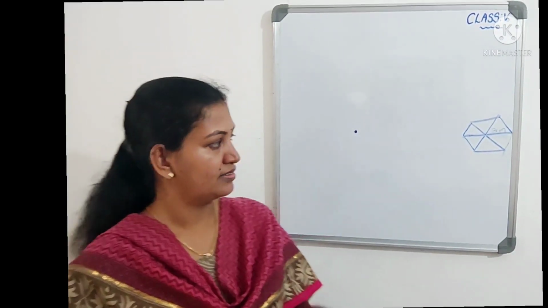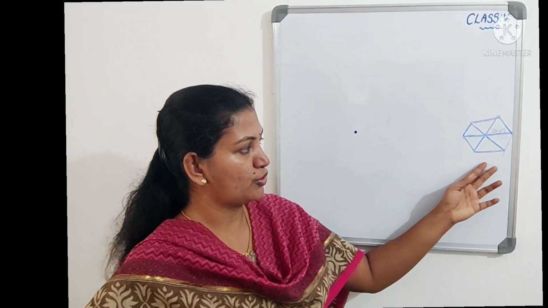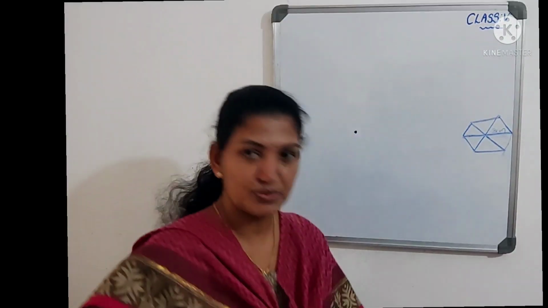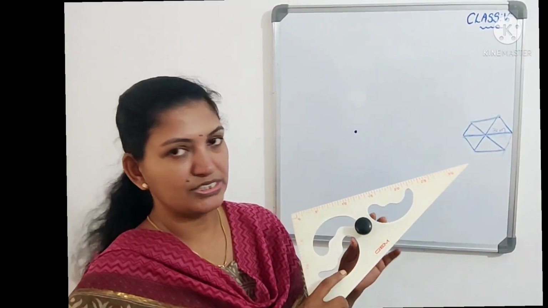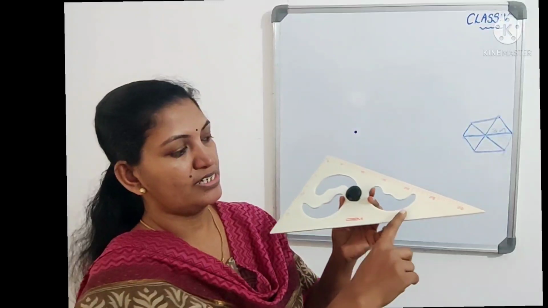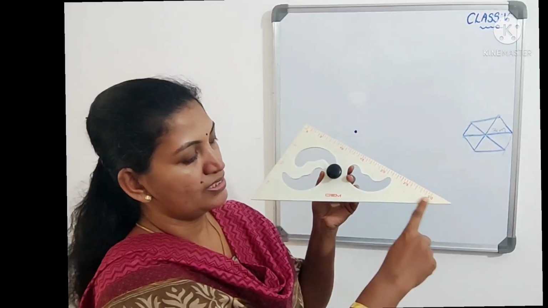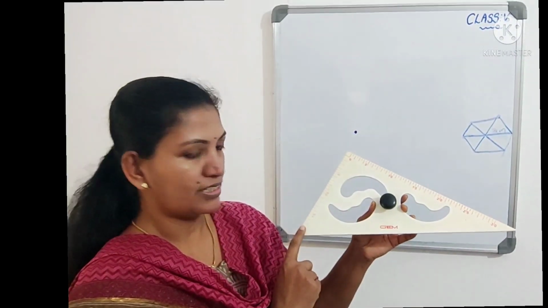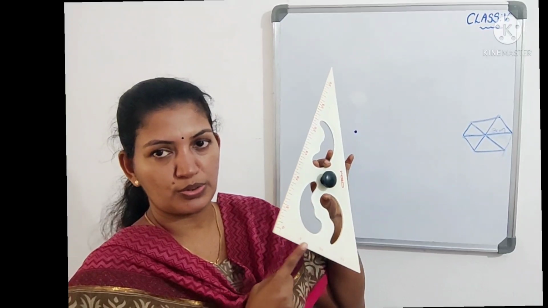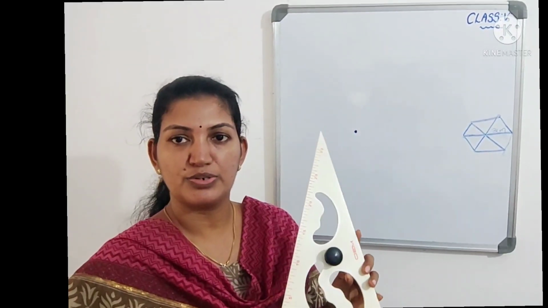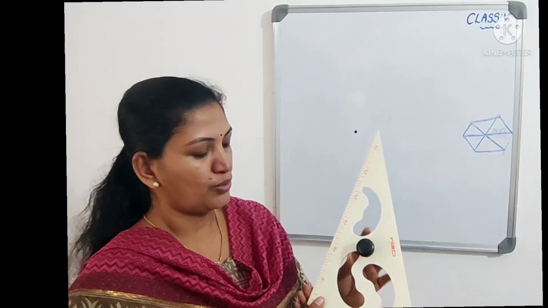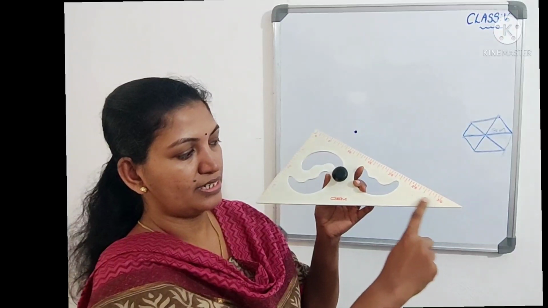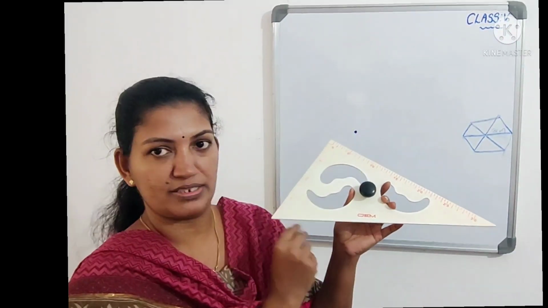So the picture is given, that I have already drawn here. We have to draw the same figure using the set square. We are using this other set square to draw this picture. Here you can see three corners. This corner is long, here it is short, and here is one square corner also. We are using the square corner to draw rectangles, straight up lines. Today we are using the corner opposite to this long corner.